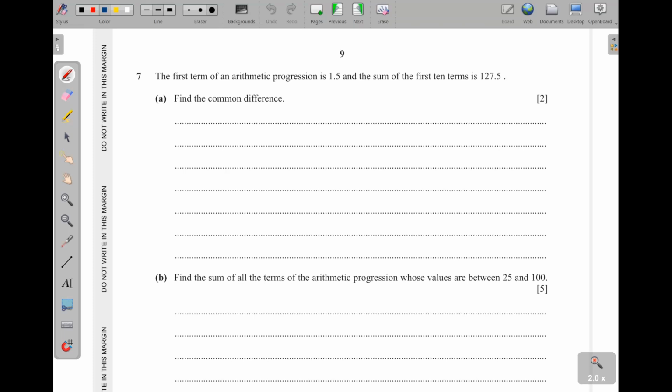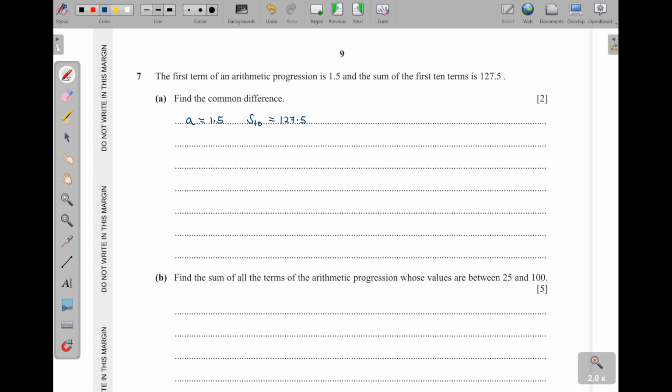Question 7 is coming from, I can see this is an AP. The first term of an AP is 1.5 and the sum of the first 10 terms is 127.5. Part A, find the common difference. So the first term is denoted by A, which is 1.5, and then the sum of the first 10 terms is given by